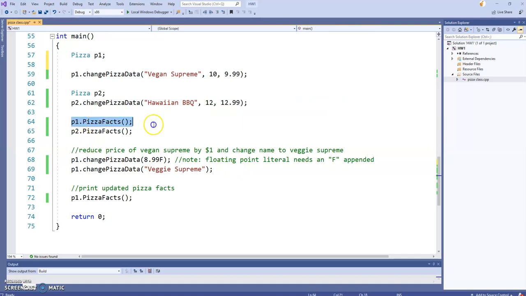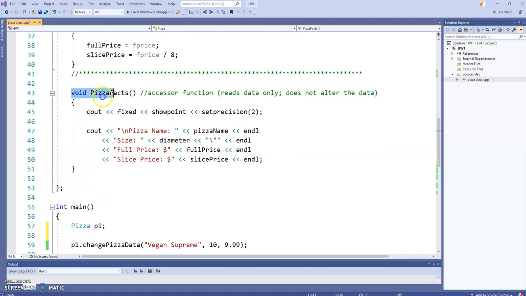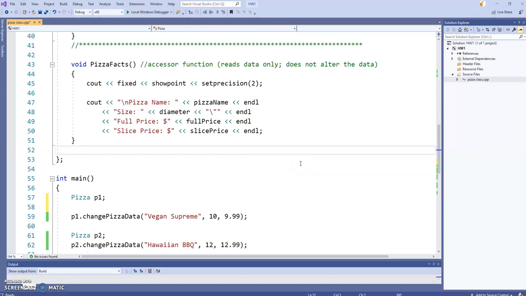then my program calls the pizza facts member function, which I haven't shown you yet, but I'm about to. Here, and this is where I'm still inside the class, this is another member function to print the pizza facts. I'm just using couts to print directly from the private data members because I'm inside of the class. I have access to that data. It's only when you venture outside of the class, like you're in main, that you have to worry about private versus public. But here I'm inside the class. I have full access to those private data members. I can print the pizza. Okay, so